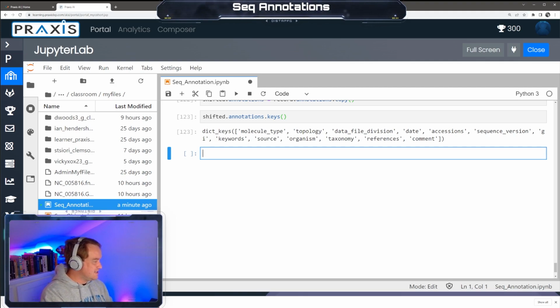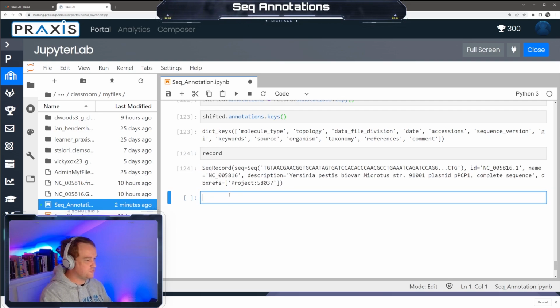So let's see. Let's look at reverse complement again. So let's do record equals SeqIO.read. Actually, we still have record, right? Let me double check. Okay, so we're just going to use record from before. So we're going to print